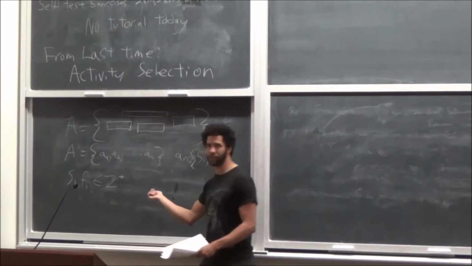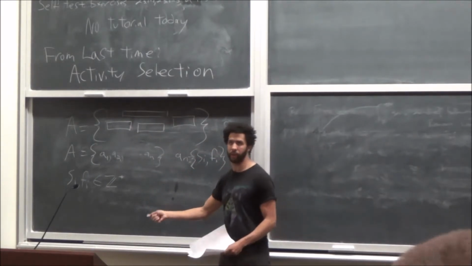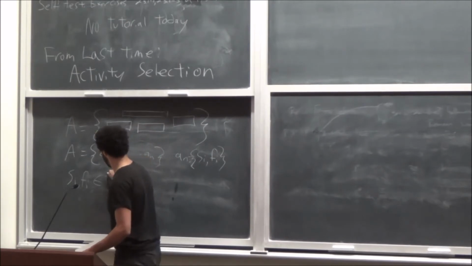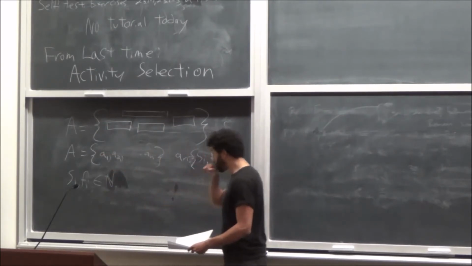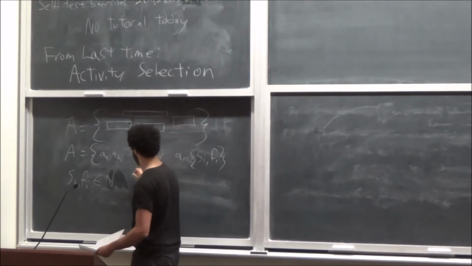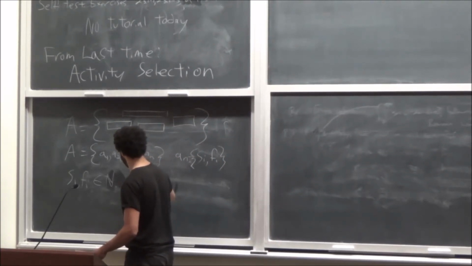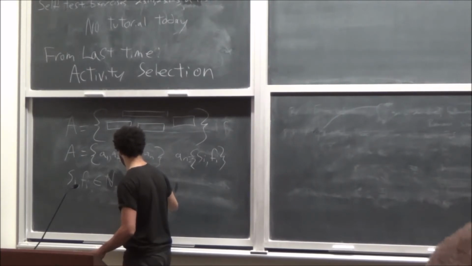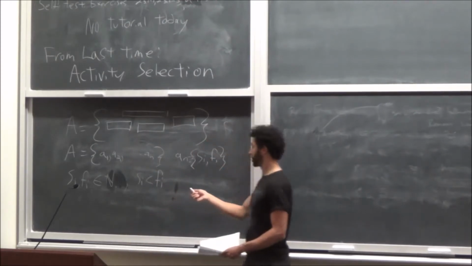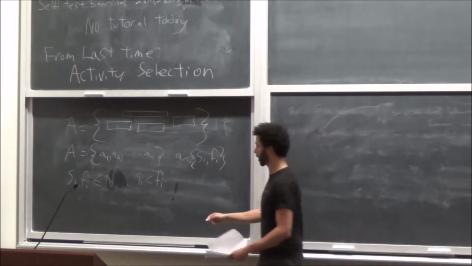I don't know if zero's in there or not, I can't remember, but maybe it should just be the numbers. Whatever. And what else was there? Oh yeah, SI is always less than FI. So that was the basic problem definition, and given that you want to populate a set, and we changed